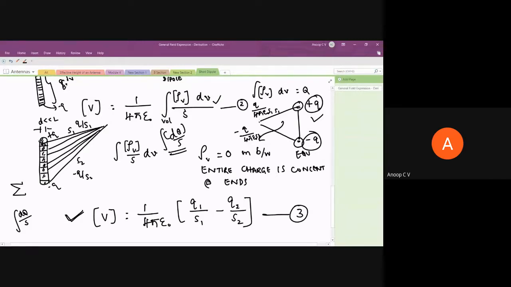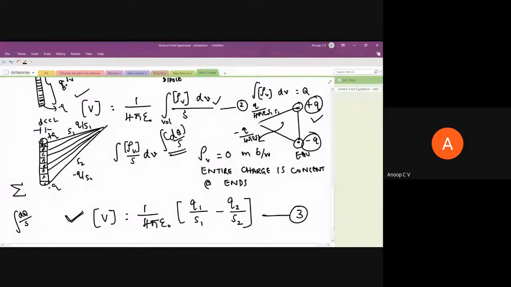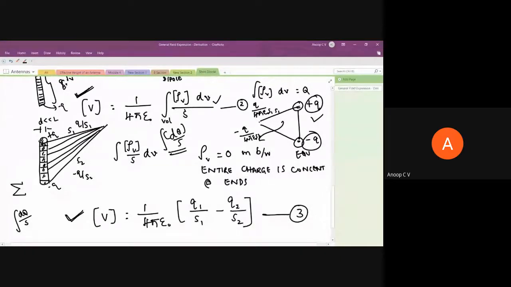But why I have given this particular expression is, I told the short electric dipole practically is not feasible, right? We are studying this because we can extend the same method to analyze any other practical thin linear antennas. So to find the potential of any other practical thin linear antenna, you have to use this, and it may have charge density in between. You have to find the expression for charge density in terms of the current. So that's what we have to do.